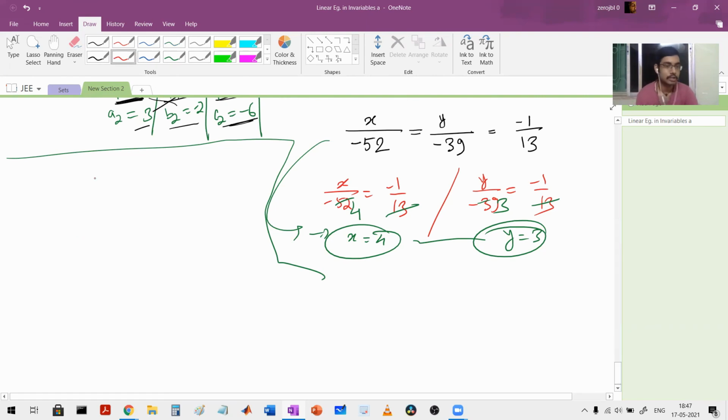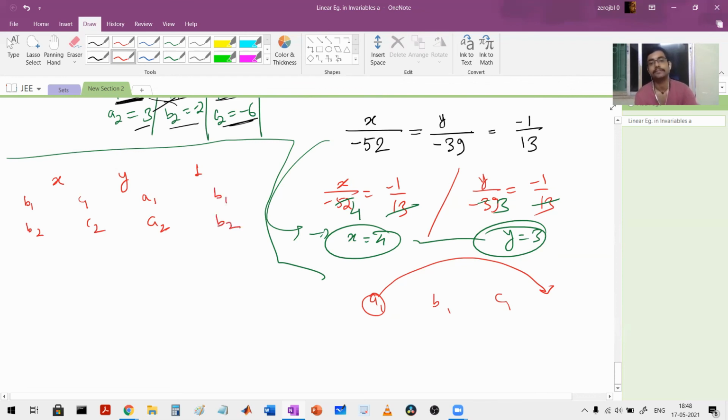Okay. So here you write x, y and 1. Now what do you do? See, you have a1, b1 and c1. You just hold the a1 and bring it this side. So you write b1, c1, a1. And once again you write b2, c2, a2. And after this is done, again you can repeat the cycle. So you write b1 again. Is this clear?